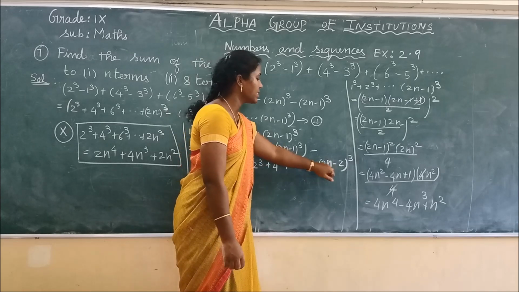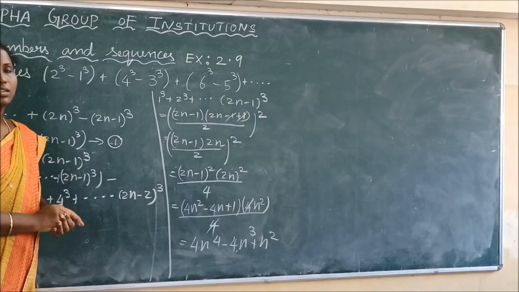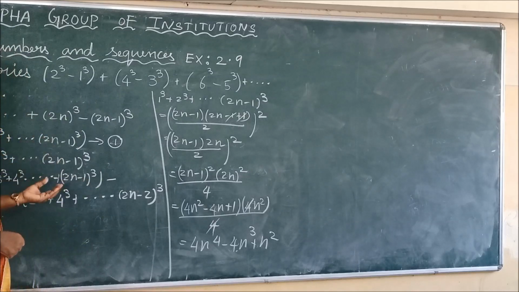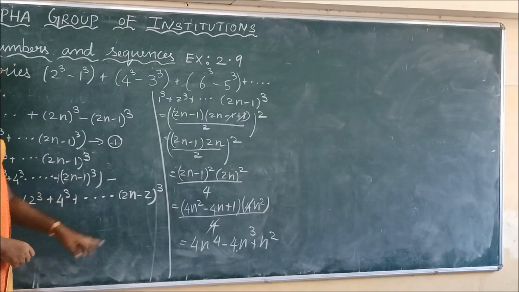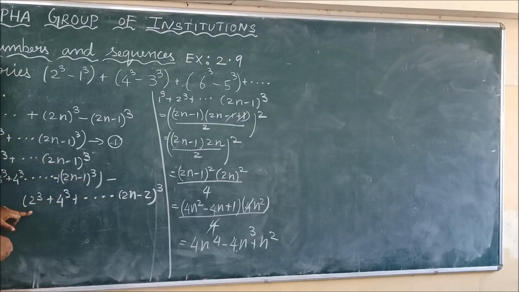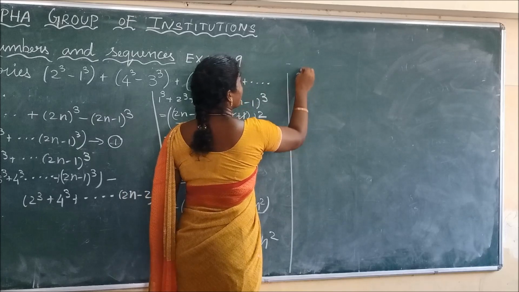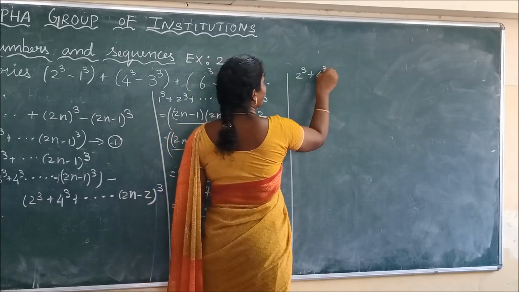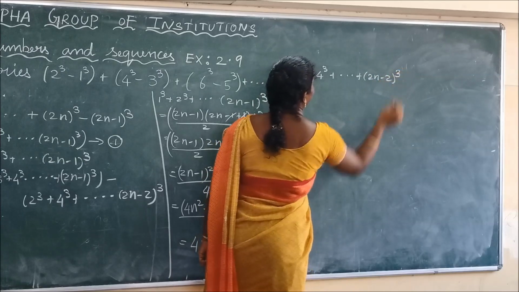Next, we will consider the second part of this equation and we will find the answer. Okay. See, we did the second series and we segregated two parts. Now we are going to take this part. We solved for the first one and we got the value. Now I am going to take the second set of series and we are going to find the value. What is the second set of series? 2 cube plus 4 cube plus etc. plus 2n minus 2 the whole cube.